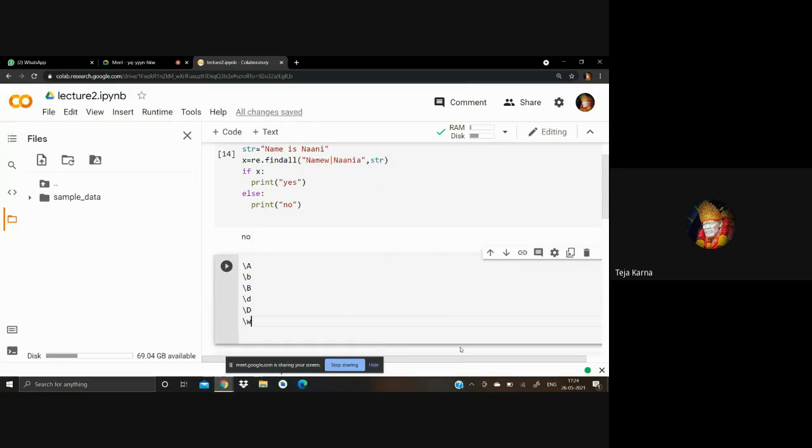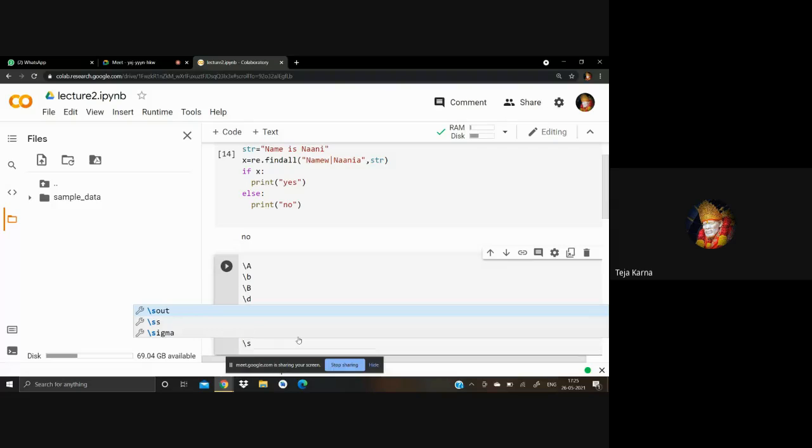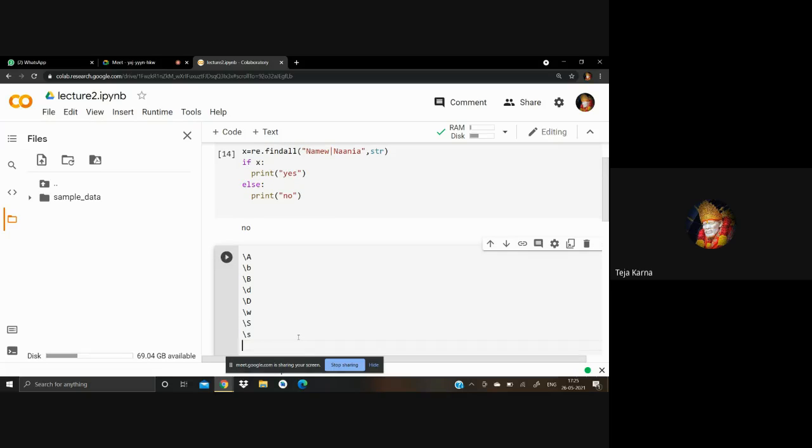Then when you move on from slash w, you have slash S. It basically works on white spaces, checking whether a string contains a white space character or not. In the same way, slash small s is used to find where the string contains a white space character, whether in the middle of the string, at the starting of the string, and all those things. And finally, something like slash Z. It is used to find whether the specified characters are at the end of the string or not.